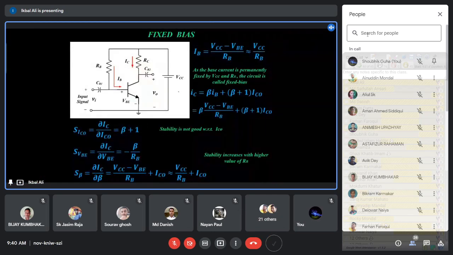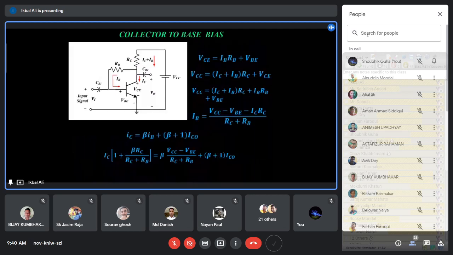Today we will discuss other types of biasing circuits, that is the collector to base bias circuit and the self bias circuit. These are other types of biasing circuits which are a little bit better compared to the fixed bias circuit. We will analyze these circuits, but the process is similar. The process to analyze the stability of the other biasing circuits is similar, but we have to compare these different biasing circuits to see which one is the stable one and which has better stability, by comparing these three biasing circuits.